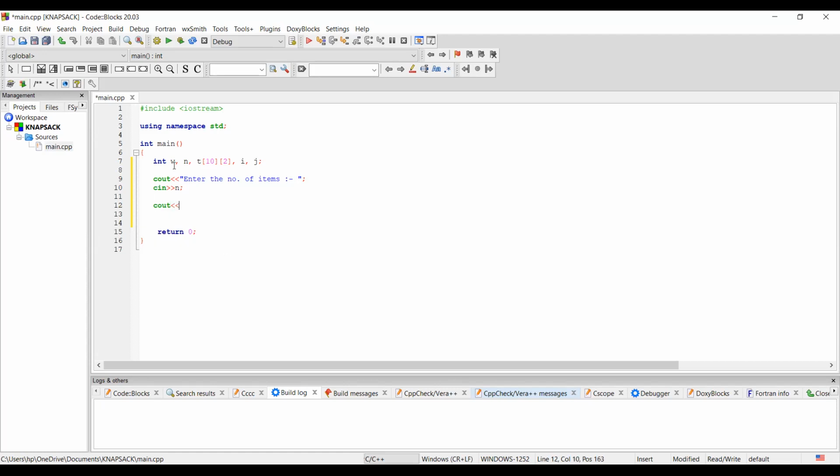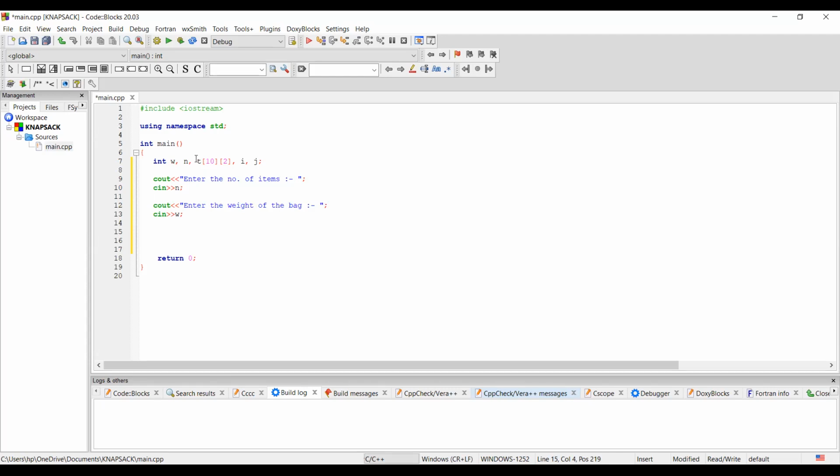What is the second input? Enter the weight of the bag. So we are now going to accept the input of the weight of the bag. That is W. So we have done two inputs, N and W.